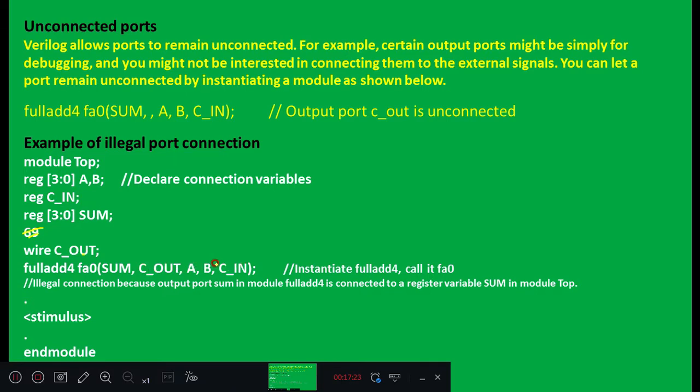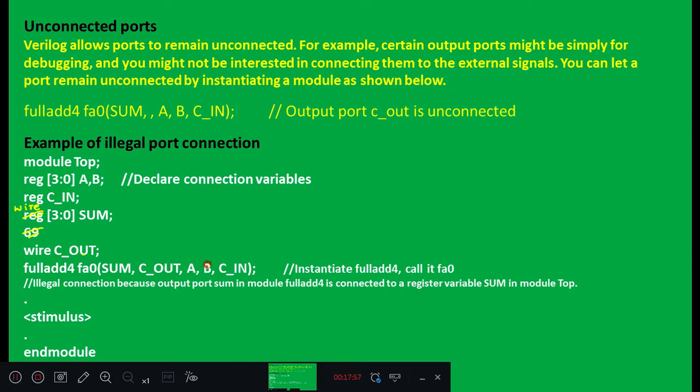Cout, A, B, C in, no problem. These four are allowed. But sum is supposed to be a net type, which we have defined as a register. When you define sum as a register and you try to assign, you get an illegal connection, because output port sum in module full add 4 is connected to a register variable sum in module top. You will get a warning or error message. So to avoid this error, sum should be defined as wire.